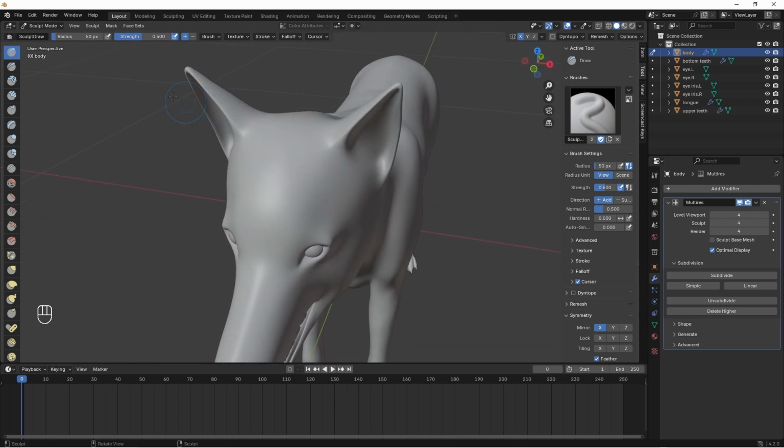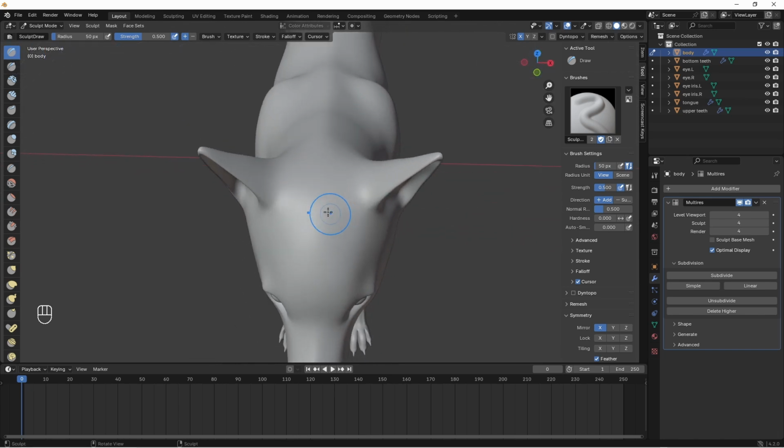With everything ready, we can start sculpting. From the brush menu on the left, we want to select the draw brush. By default, the draw brush will add the effect to the mesh. That can be seen through the plus sign on the top menu. If we select the minus sign, the draw brush will subtract the effect, so to speak. We want to leave the add effect enabled, but we can subtract quickly anytime we need, by pressing and holding